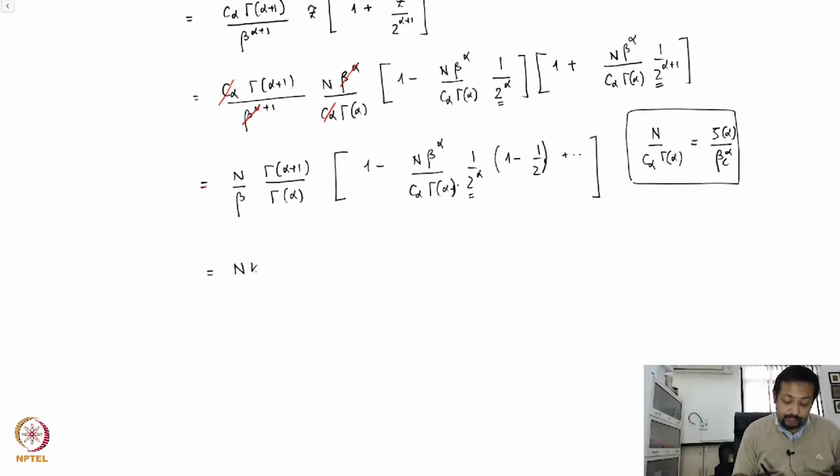So this becomes n k_B T times alpha, n k_B T, and you have 1 minus zeta alpha raised to the power alpha, 2 to the power alpha plus 1, Tc over T raised to the power alpha plus higher order terms. So this is your energy